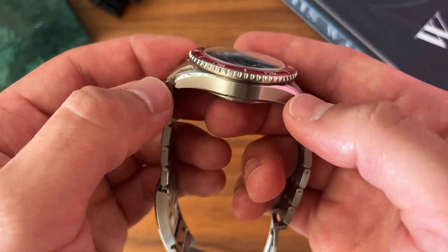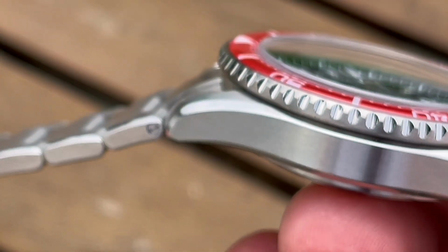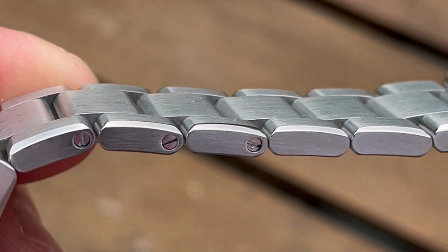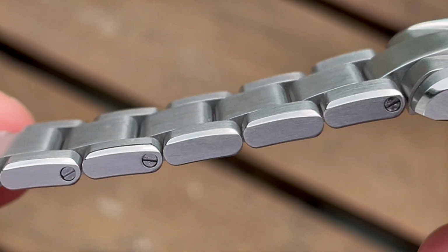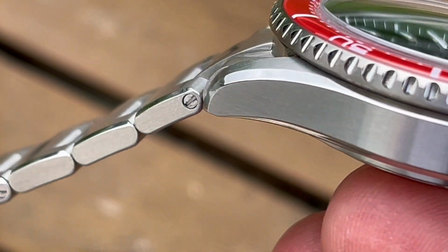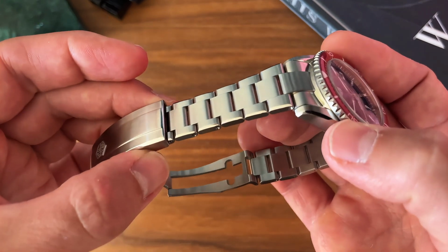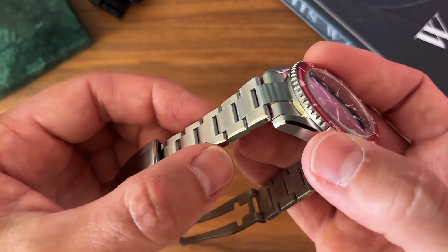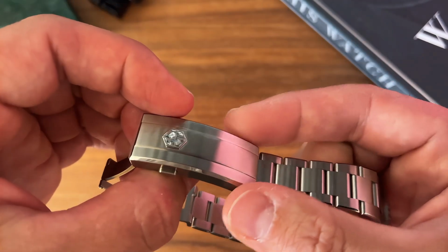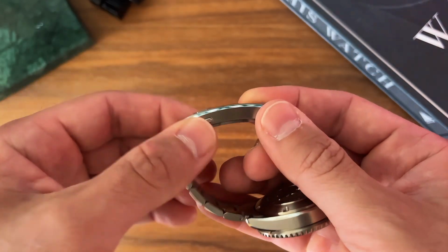Most of the finishing is up to a really good standard. The horizontal brushing on that case is really nice. Look at that chamfer, super beautifully finished, and the chamfer carries over all the way down the bracelet into the clasp. That's a nice attention to detail, from 20 millimeters down to 16 millimeters at that signed fold over clasp,